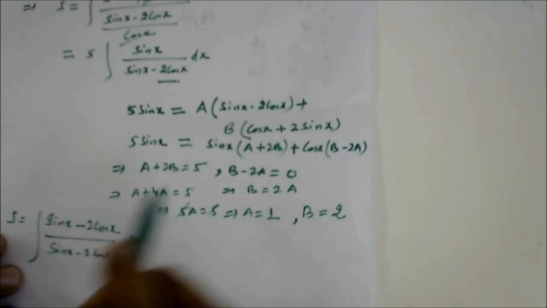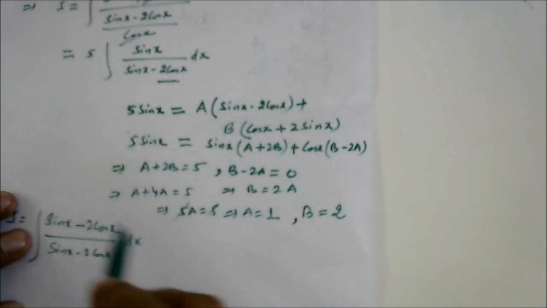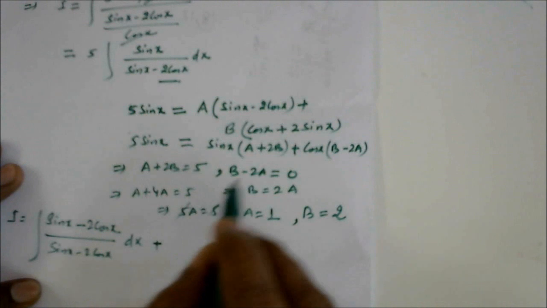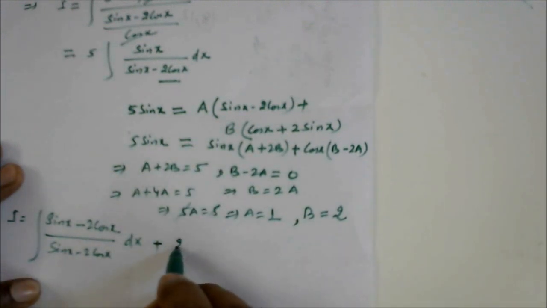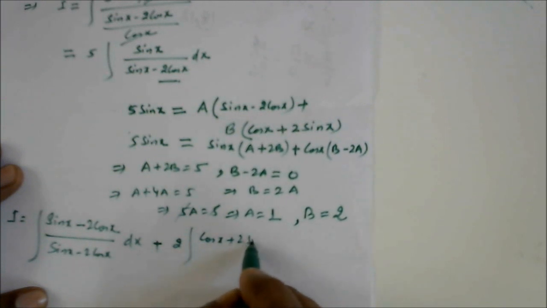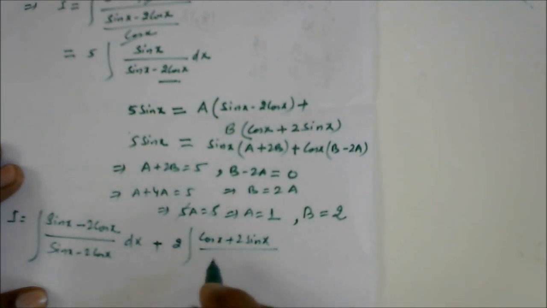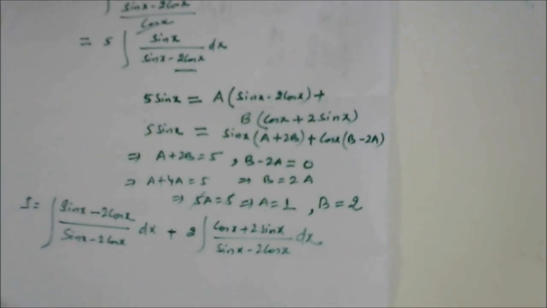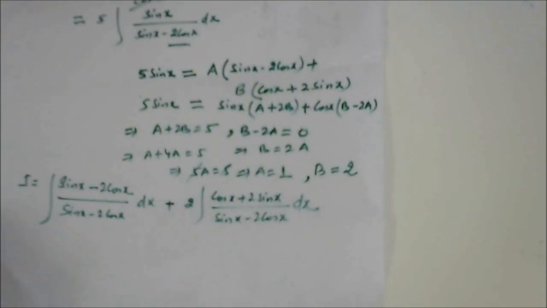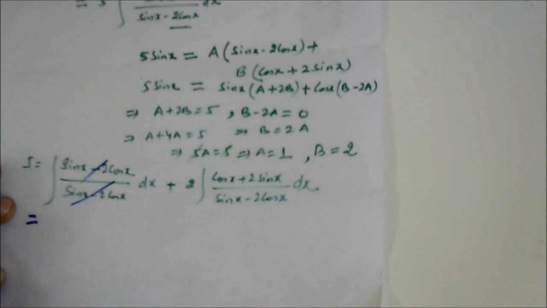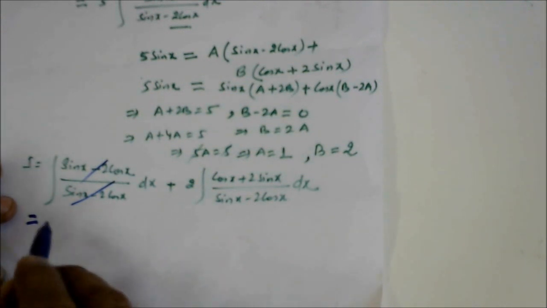Let us separate it. For a we will separate it, for b we will separate it, and in between plus is there, and b is 2, so 2 will take it out, and then cos x plus 2 sin x by sin x minus 2 cos x dx. Okay, so once this is there, then this will get cancelled. So here we are getting dx